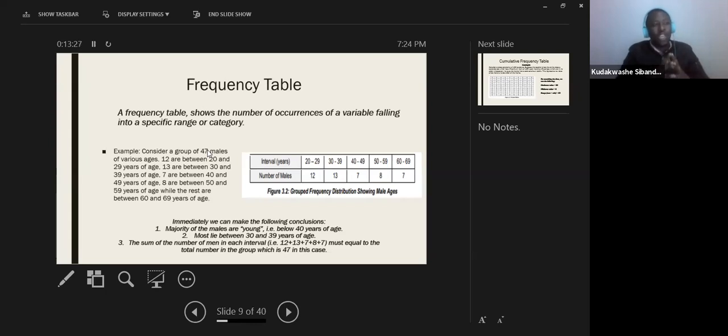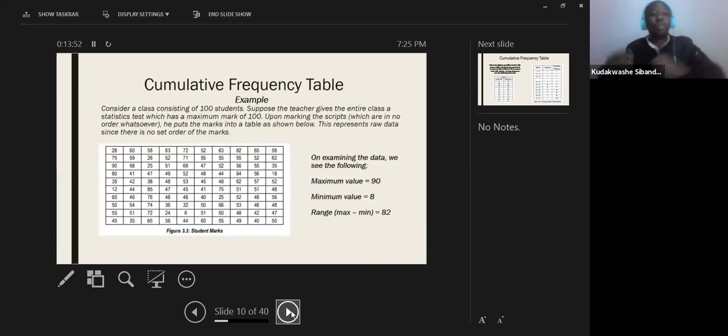When you are employing what is called a frequency table, you are trying to group the data. Don't worry, later on I'm going to explain the 2 types of data, right? We have what is called ungrouped data, and we have what is called grouped data. So when we are dealing with grouped data, you can't talk about grouped data without mentioning a frequency table, because a frequency table is what you use to group the data, right? So let's look at another example that is also in your